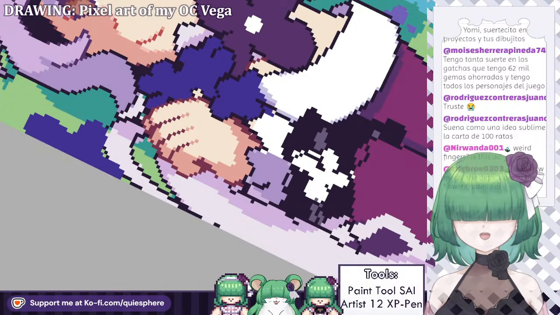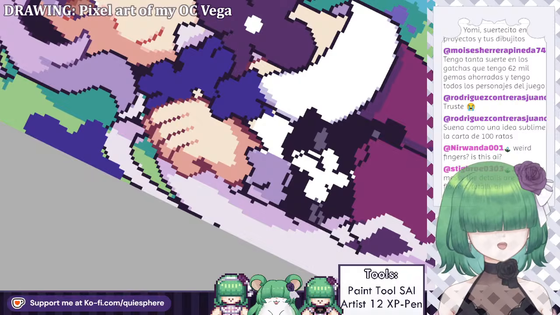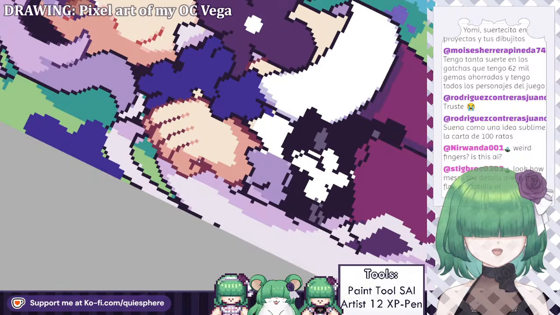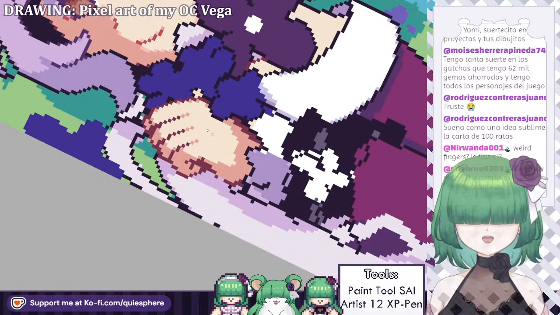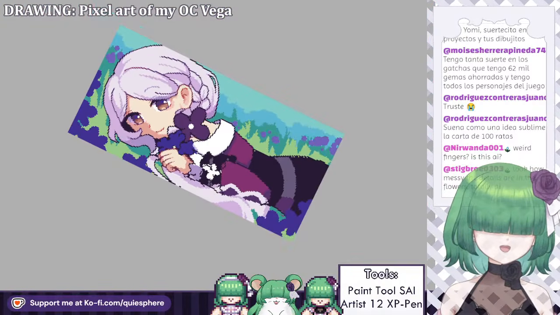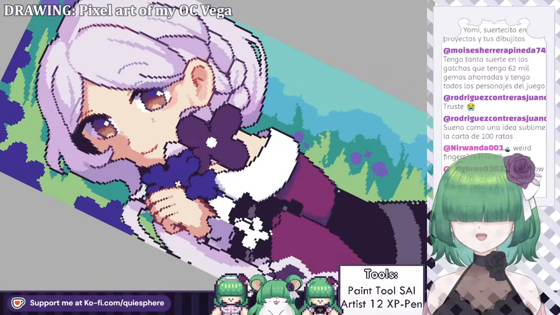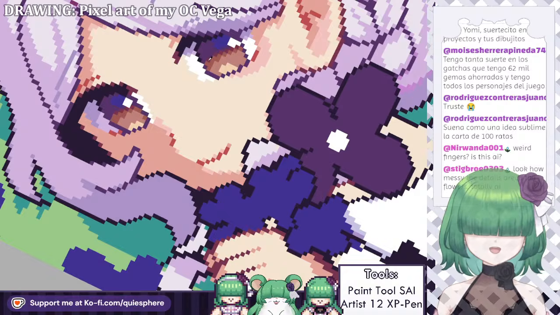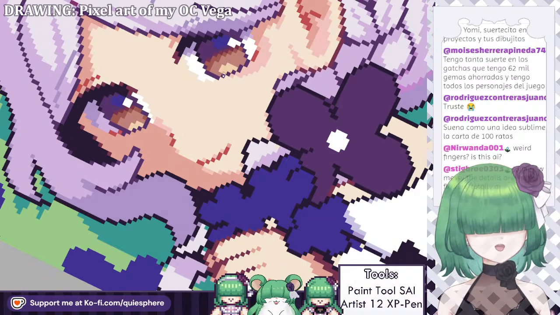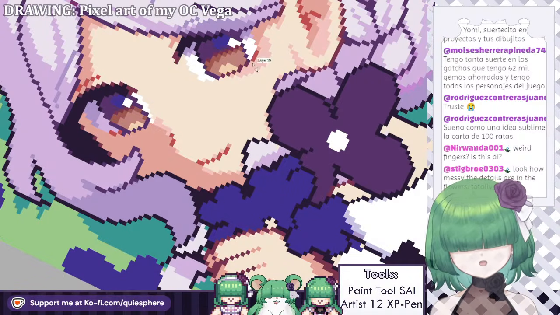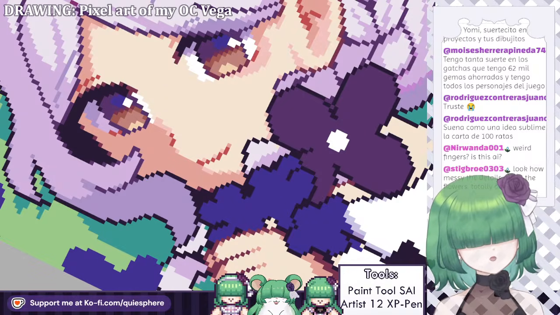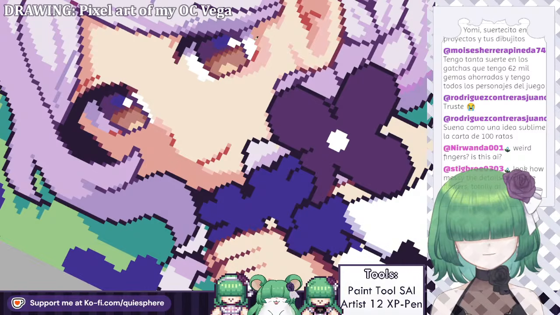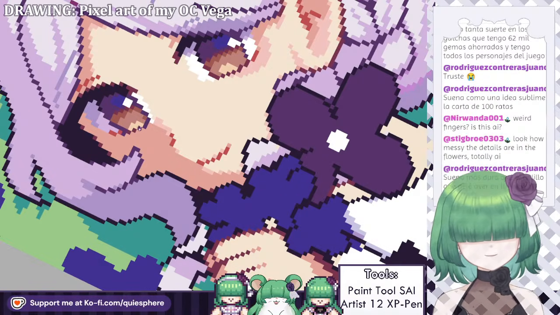Look how messy the details in the flowers! Come on, they are literally blobs! They are a work in progress! I haven't finished the flowers yet! It's a work in progress! Bear with me. We'll get there. Ya llegaremos ahí, ya llegaremos a terminar esto.